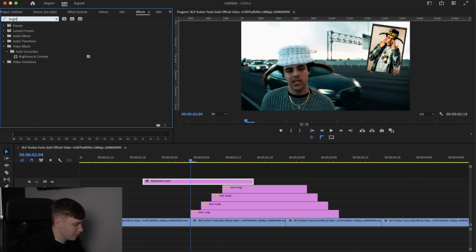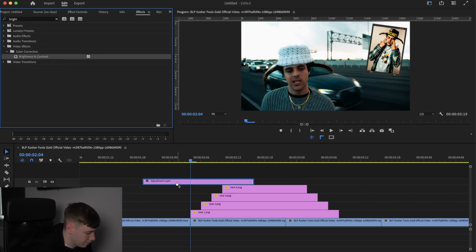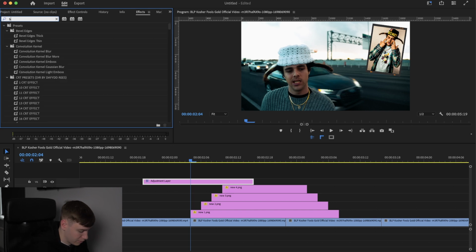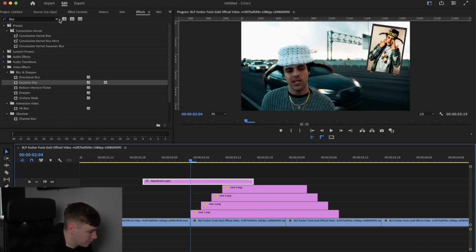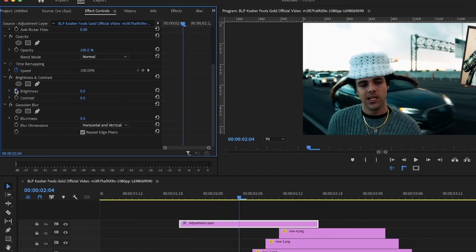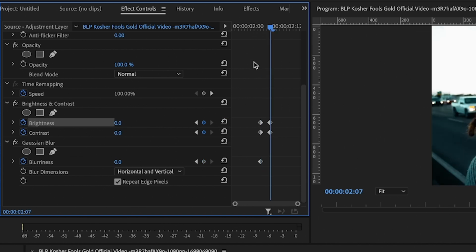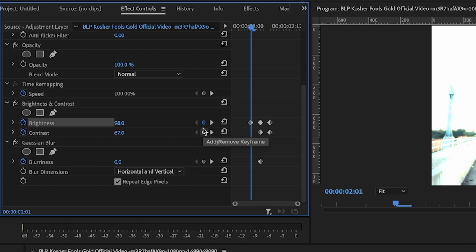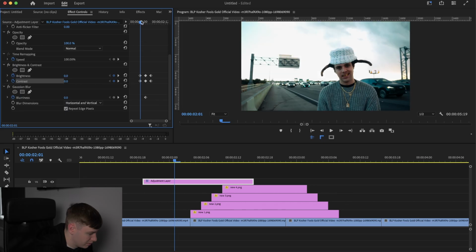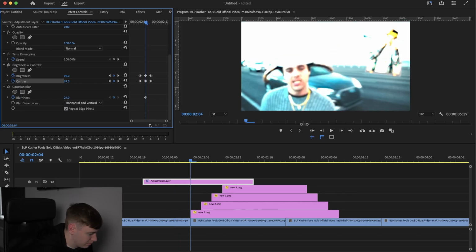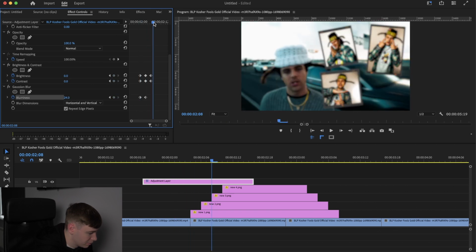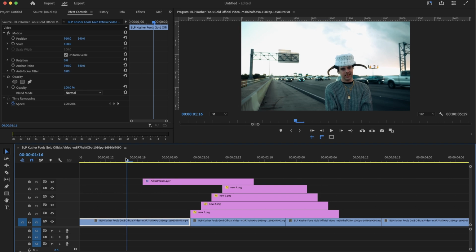So we're going to type in brightness and contrast, drag it on, and then we're going to type in blur and bring on a Gaussian blur. Come to the middle of your clip, scroll down, make some keyframes, and we're going to increase the brightness and slightly increase the contrast, reset the keyframes again, and then come back around about here, reset them again, scroll to the blur in the middle, and we're going to make about 25 blur, scroll back, make your keyframe adjustments. So really simple, and it should give us